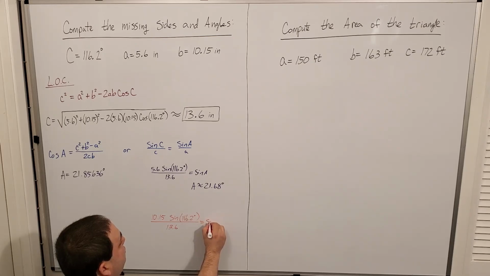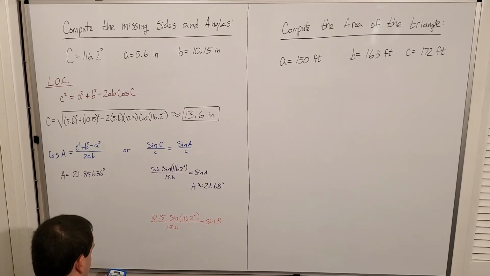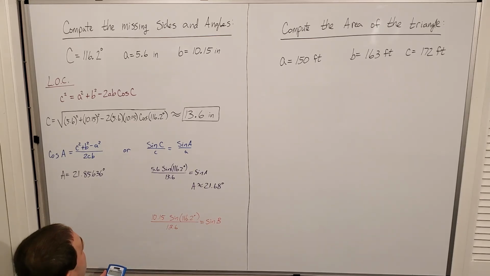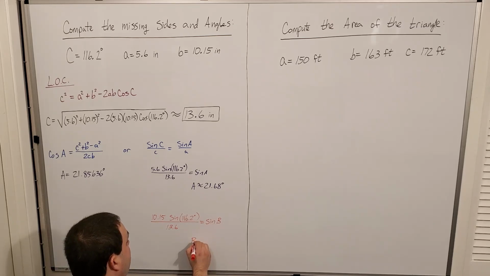And that should be equal to sine of capital B. So then I'll hit inverse sine 10.15 times sine 116.2 divide by 13.6, and I get that angle B is approximately